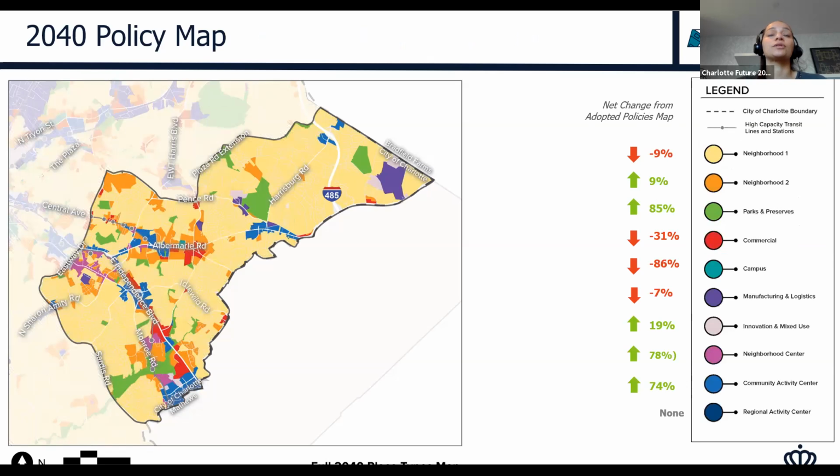And this is what the resulting map is overall, the aggregate of all of the place types. In general, we see a decrease in the commercial campus, manufacturing and logistics, and then your neighborhood 1. And there's an increase in the neighborhood 2, parks and preserve, and then your activity centers as well as innovation mixed use.